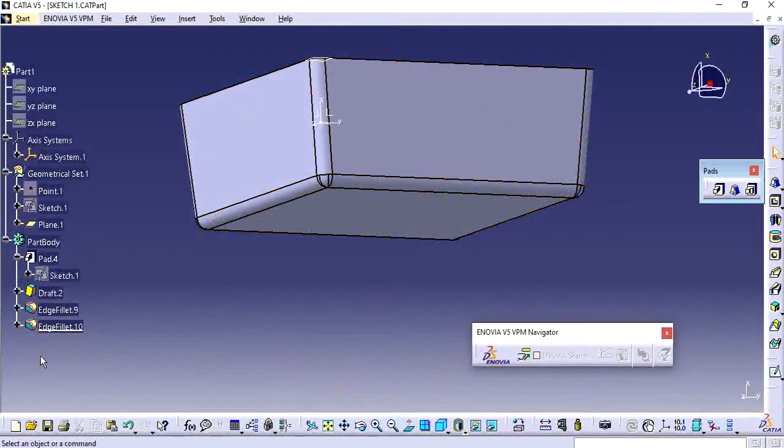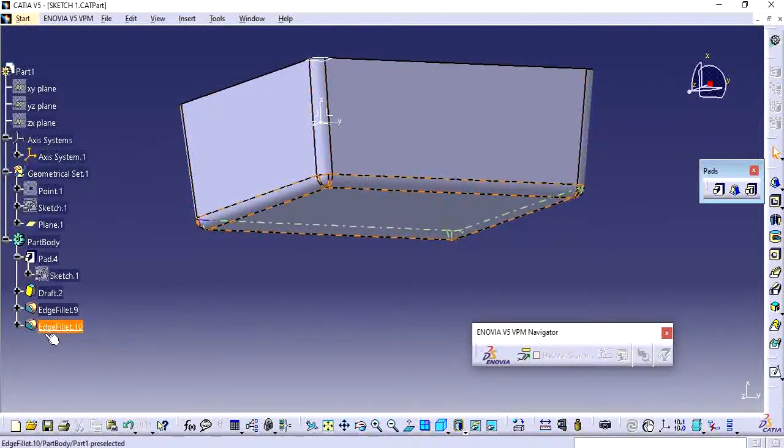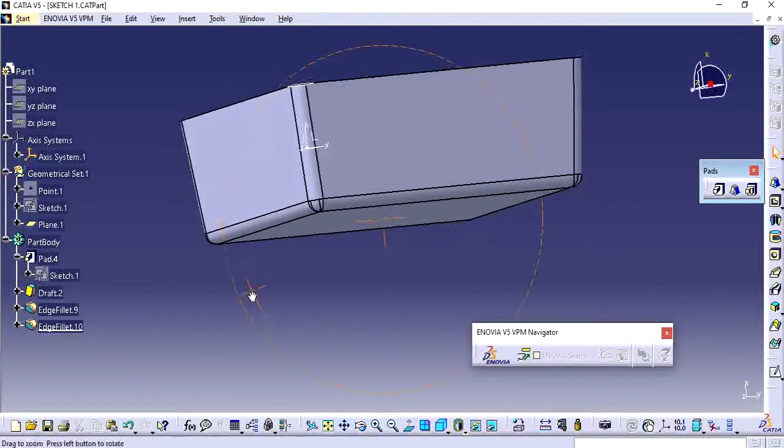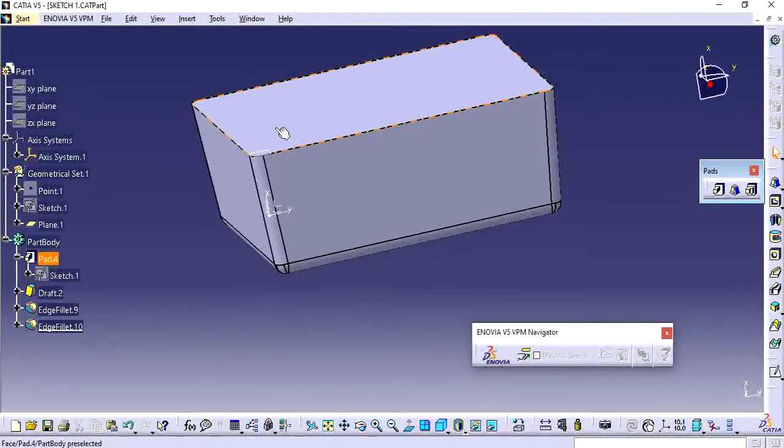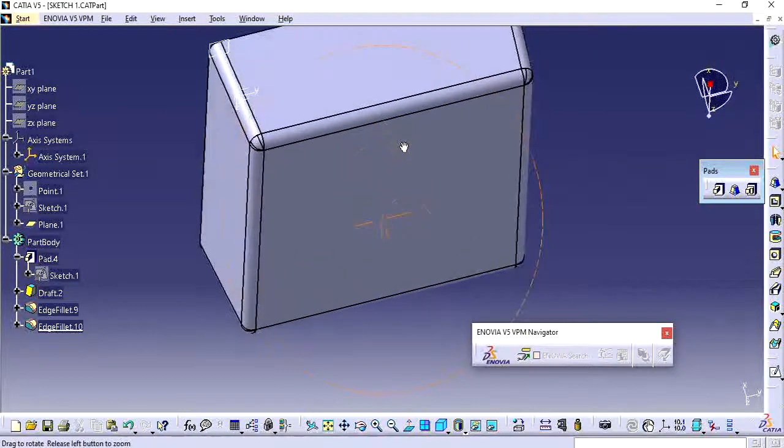See, while creating this part, it was having three edge fillets. Now it is having only two, because it is not taking the second limit in this area.